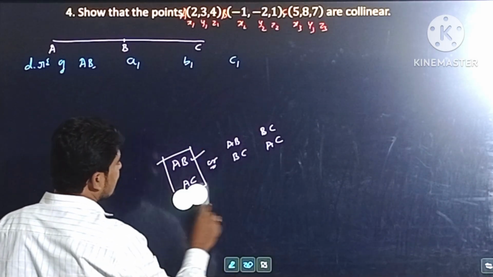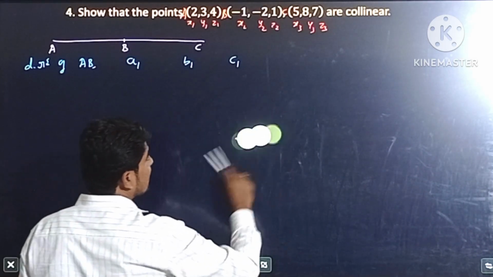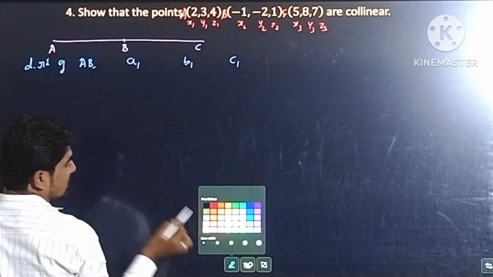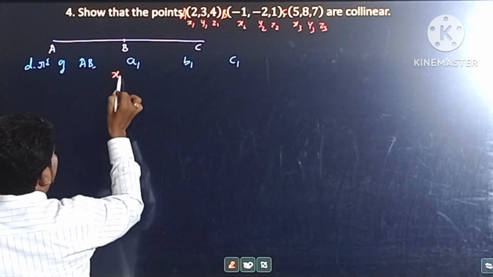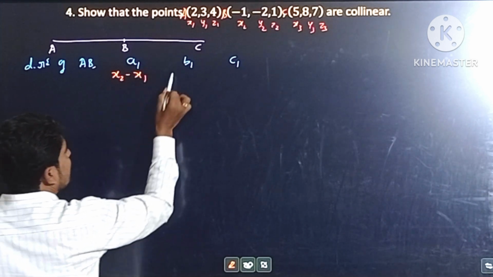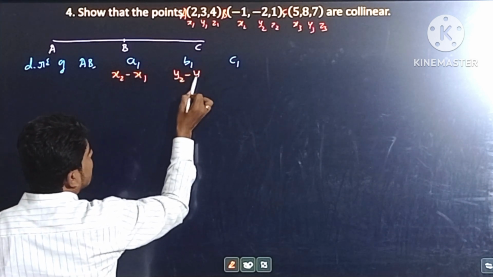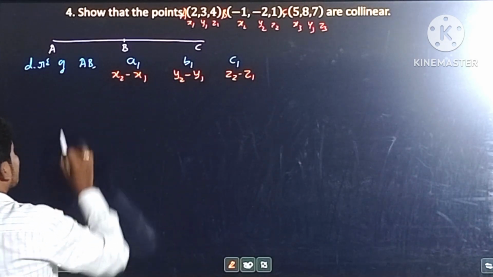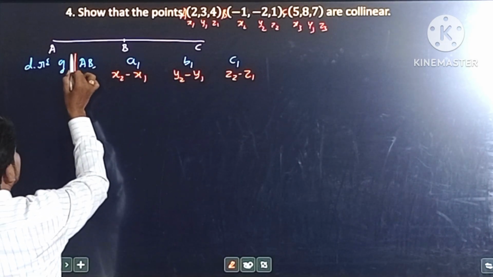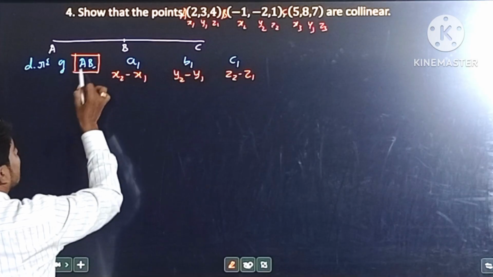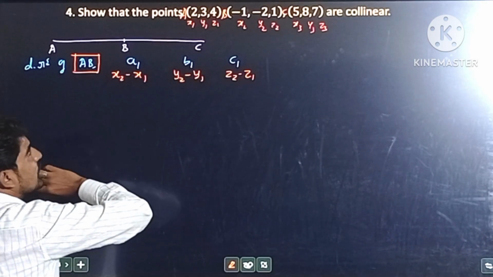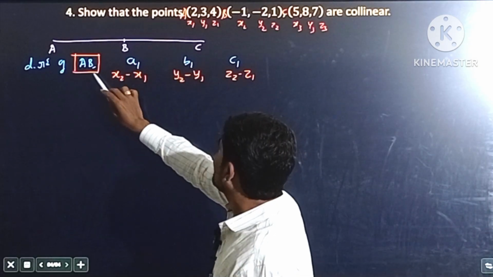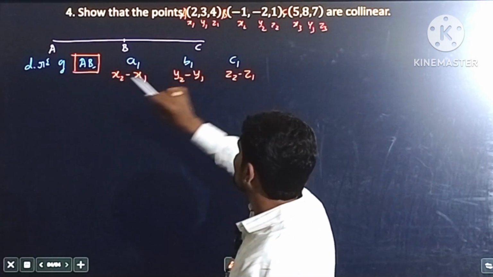As you know, the direction ratios of the line segment joining 2 points are x2 minus x1, y2 minus y1 and z2 minus z1. So here, for the direction ratios of AB, where A is the first point and B is the second point, x1, y1, z1 are the coordinates of the point A and x2, y2, z2 are the coordinates of